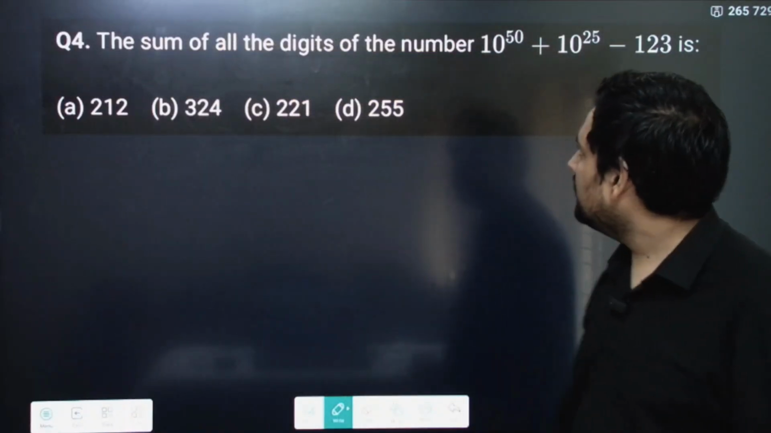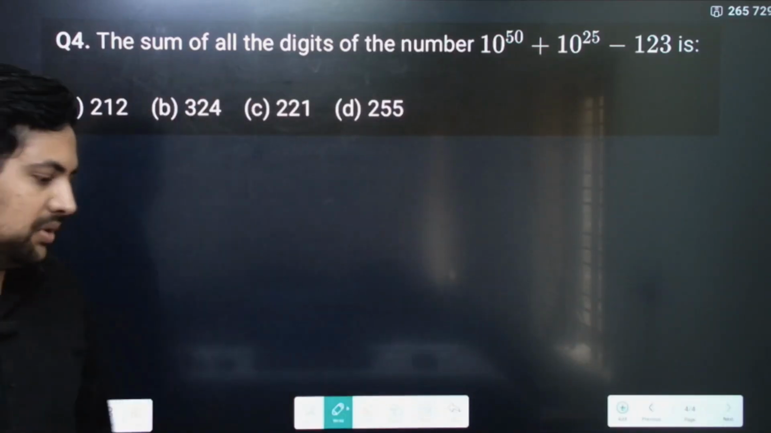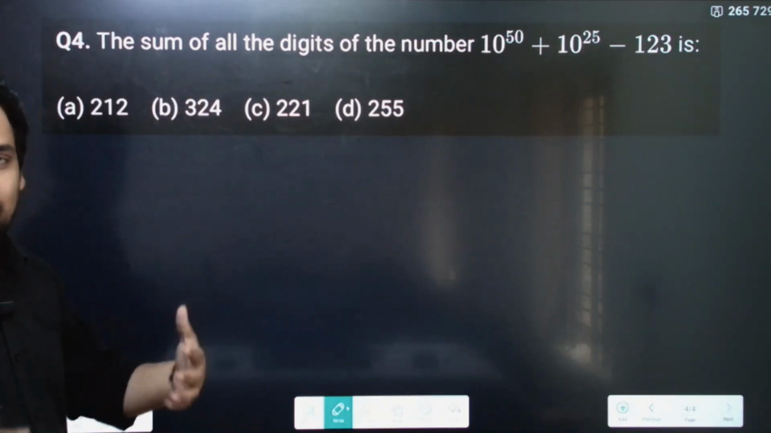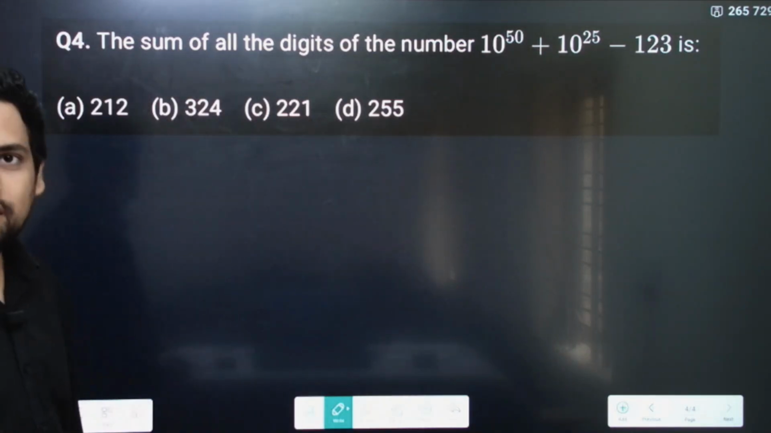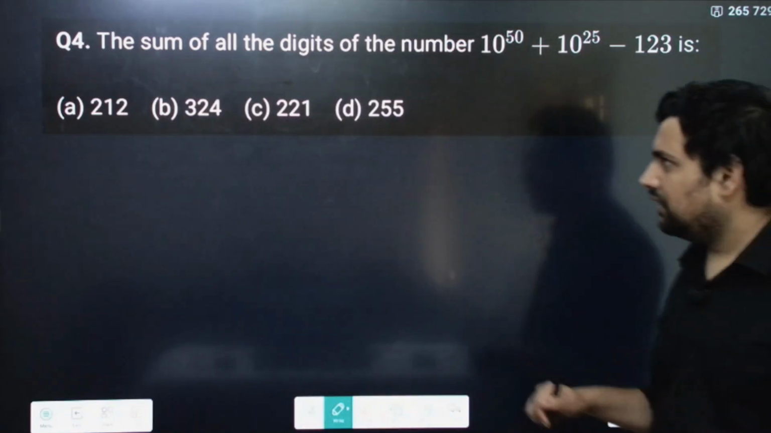Then let's do one more. The sum of all digits of this number is what? Okay, again, very doable question. If you can see it, you can do it. You just have to see this concept we have learned, correct? Just subtracting, finding sums, but you must be able to see it. Now, that is why I say